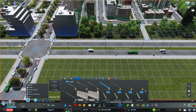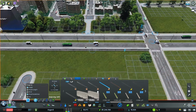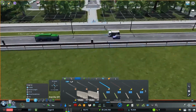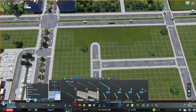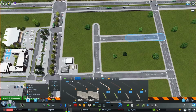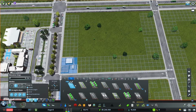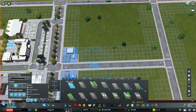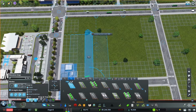Maybe let's just go for a bit of zoo fencing in that case, just along here, because it kind of looks like it has a little bit of a sound barrier quality to it, if we look at that. Yeah, which just makes this a much more private area. So in that case, I may actually rethink my road layout here. Because I do want to still make use of the space, I just don't want things zoning on that main road. So let's run a road that just kind of goes